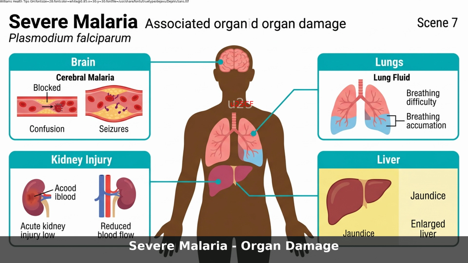Malaria is far more than a simple mosquito-borne illness. It is a complex disease that begins in the liver, spreads through the bloodstream, destroys red blood cells, and can damage multiple organs if left untreated. Understanding its pathophysiology helps explain why malaria causes fever, anemia, and life-threatening complications, and why early diagnosis and prompt treatment are essential.